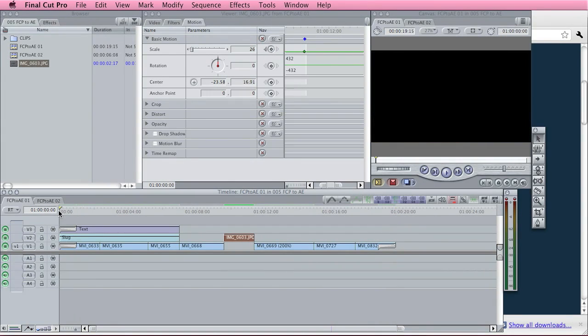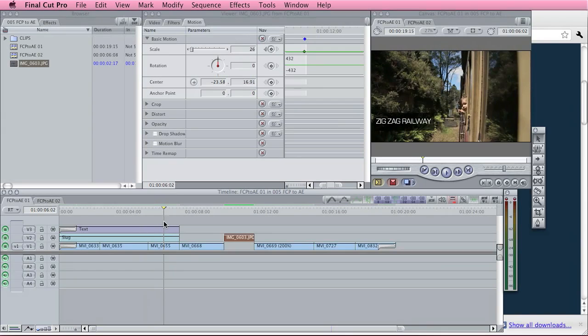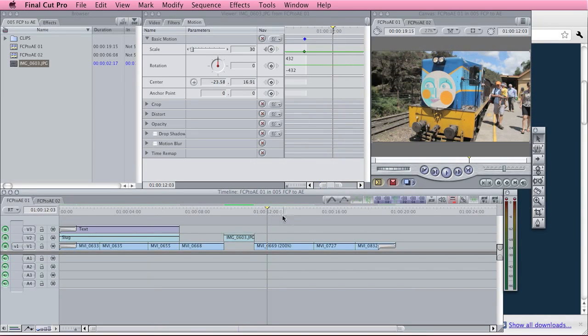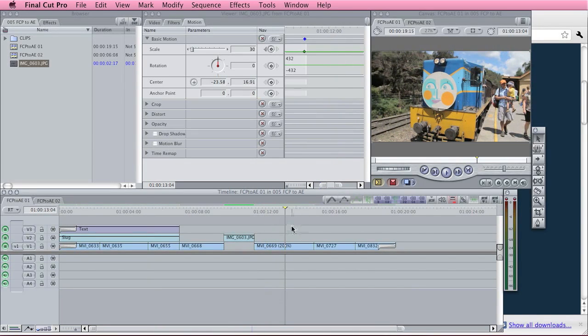Now, there are some limitations with this script that you should probably know about. One of them is that it doesn't translate any of your text elements for you. The second thing you should know is that whenever you do any speed ramping, such as moving things to 200% or 300%, it doesn't translate that for you either. In some cases, it actually screws up your footage. I've also noticed that with HDV footage, it tends to screw it up a little bit as well. Not really sure why, I didn't really look into it. I just tried to steer clear of HDV. So those are some of the things you need to think about when you are using this script.